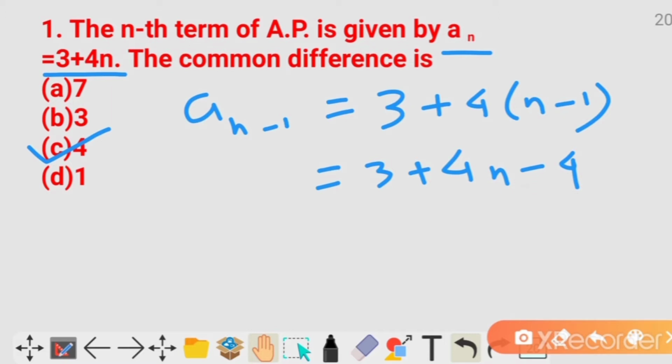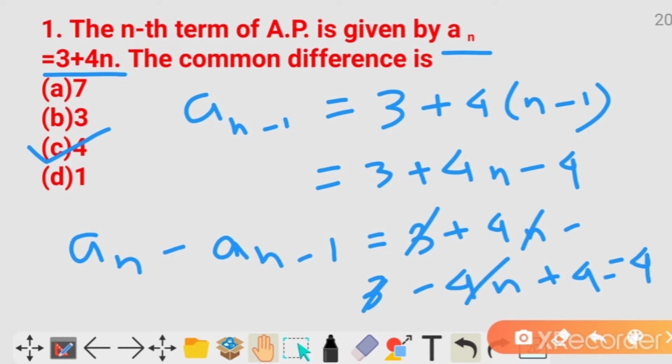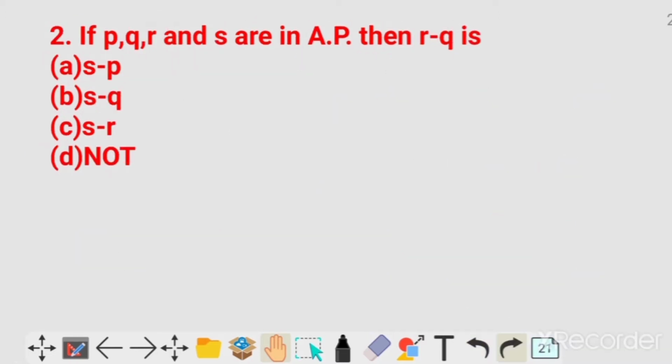So the difference will be an minus an minus 1, and it will give you 3 plus 4n minus 3 minus 4n plus 4. That means is equals to 4. This is the answer. The second question is, if P, Q, R and S are in AP, that means arithmetic